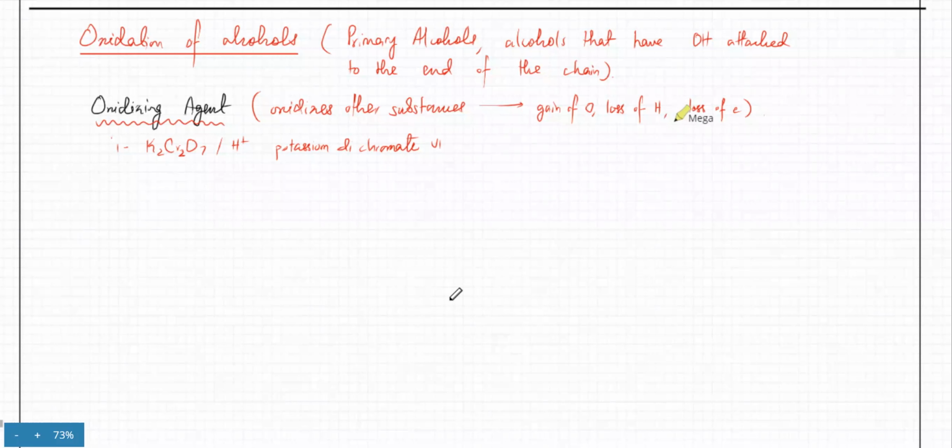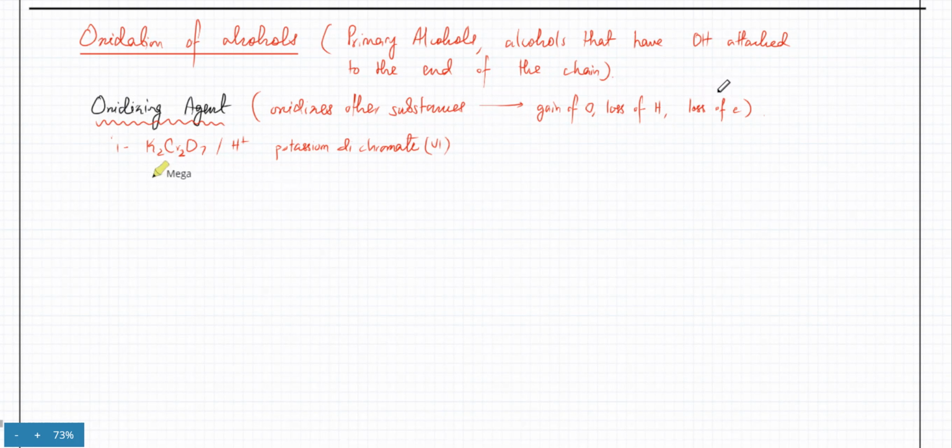So this is what it's going to do. An oxidizing agent is going to make the other substance gain oxygen. Yeah, but it's going to make the other substance lose hydrogen, or it's going to make the other substance lose electrons. Okay, so potassium dichromate 6